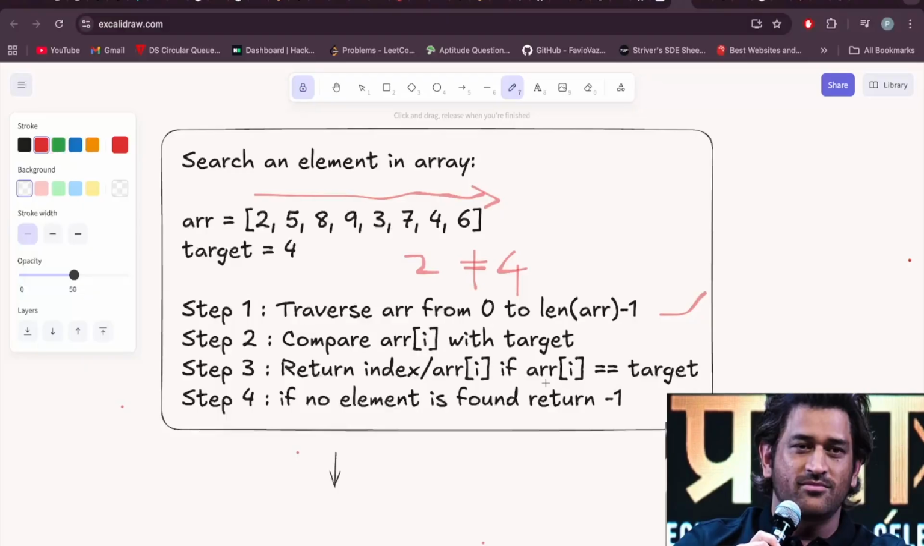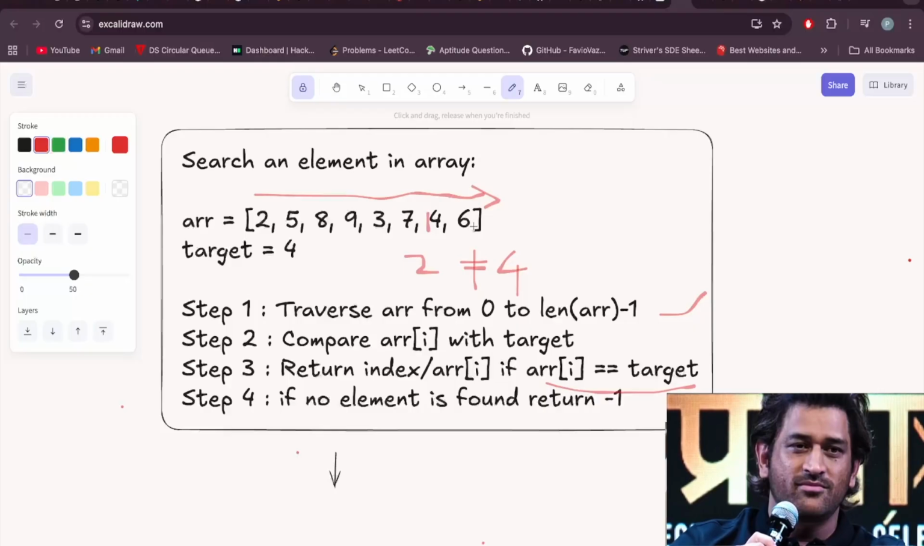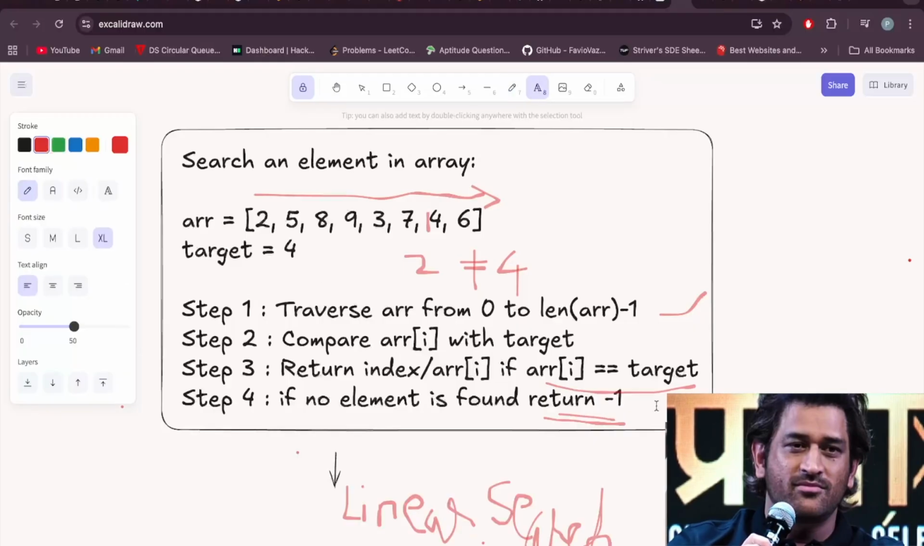if this condition satisfies. So what if we have traversed the entire array and we have reached 6 and 6 is not, consider this is 14 and not 4. So then what happens? We'll compare 14 which is not equal to 4, then we'll compare 6 and again it is not equal to 4 and the array ends. Basically you have not got any element. So we will return -1 in that case. So this is linear search, and the